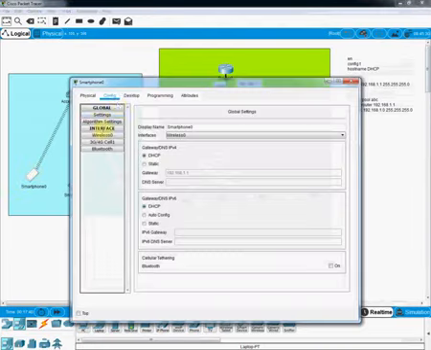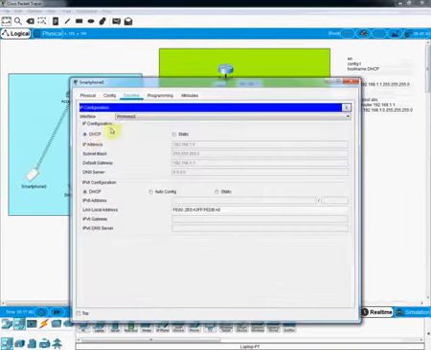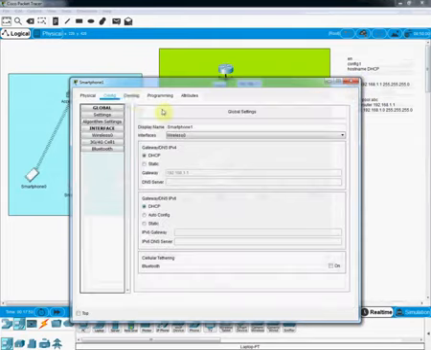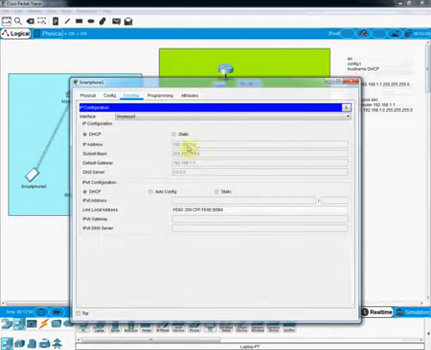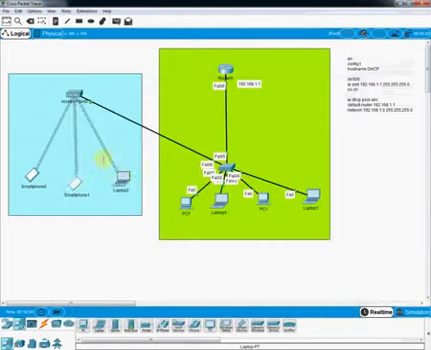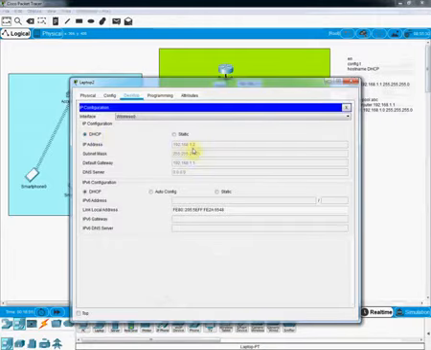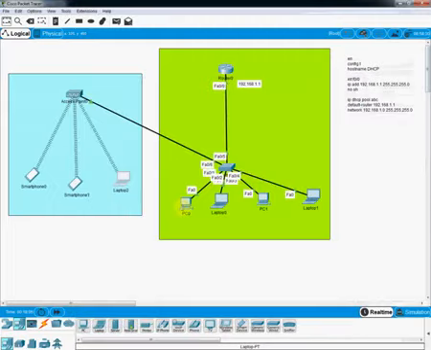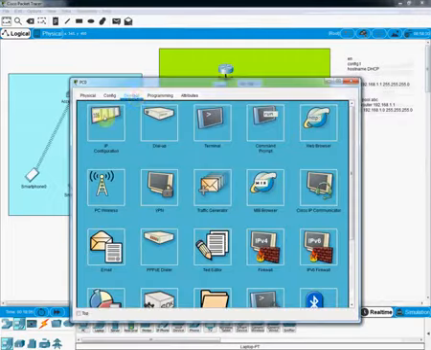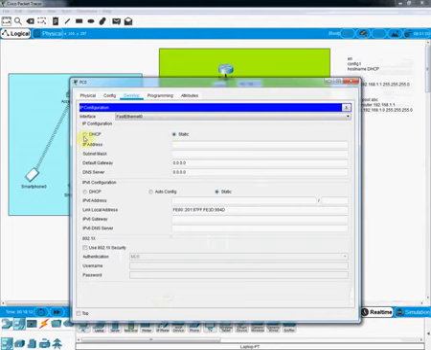We need to assign an IP here. It is already selected as DHCP, and they get the IP from the DHCP server. 192.168.1.5, this device already got. And this device, let's see here, it got 1.6, and this laptop, let me check what IP the laptop got. 1.2 from the DHCP server. And then we will go here and change this from static to DHCP, and it will request the IP from the DHCP server, and it is successful. We got the IP